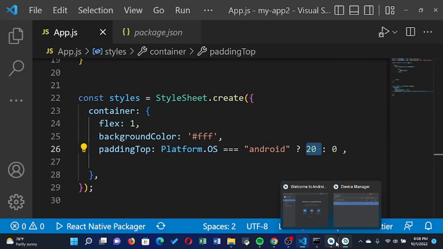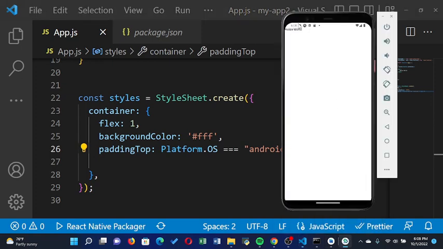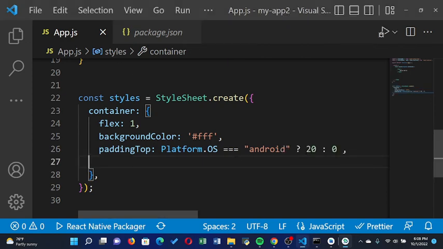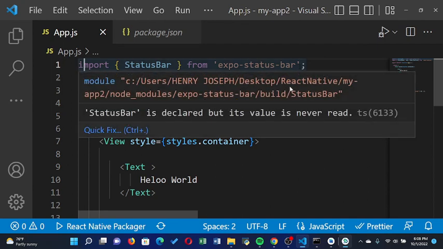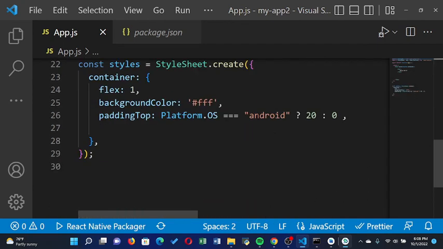So when I come here, I see it has now padded me properly. It's no longer colliding with that status bar. But how do you know that the padding is supposed to be 20? In most cases you should not do this, because different Android phones have different padding. So what you should do is import your status bar from expo status bar. After importing your status bar, instead of putting 20 here, call status bar,